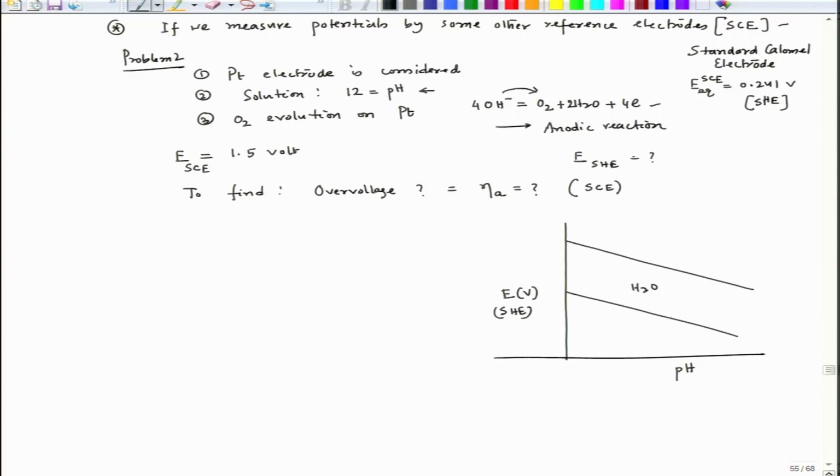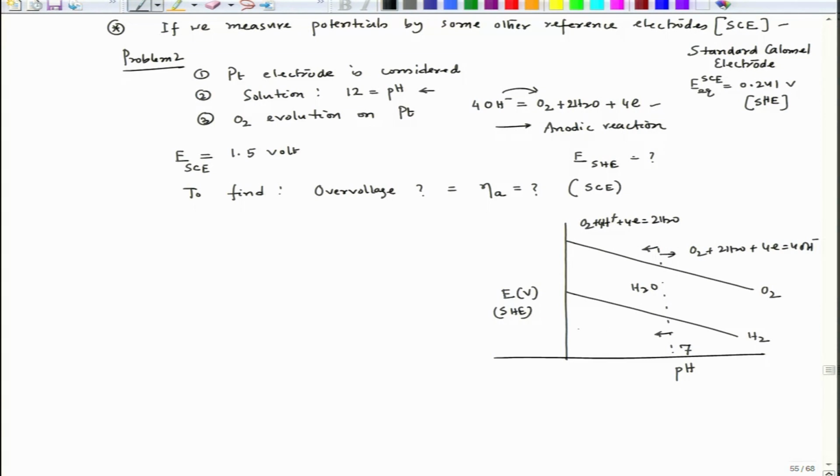This is the hydrogen line, this is the oxygen line. Below pH 7, the reaction governing is O2 plus 4H+ plus 4e equal to 2H2O, and on the right side it is O2 plus 2H2O plus 4e equal to 4OH minus,